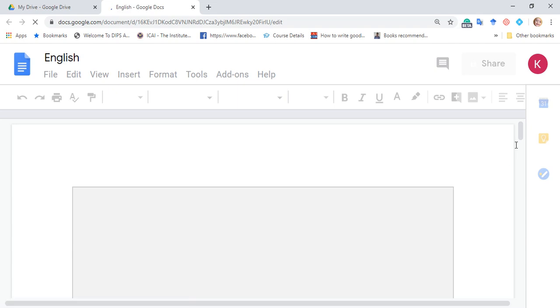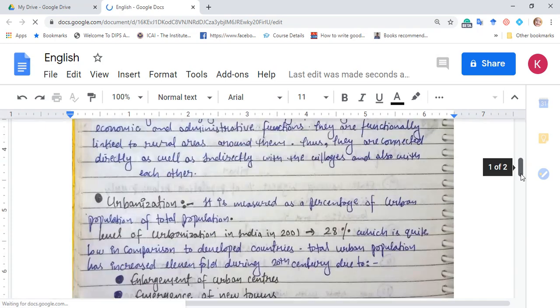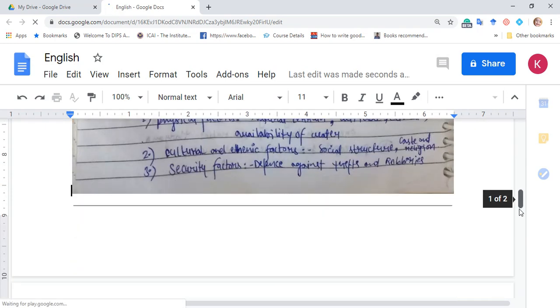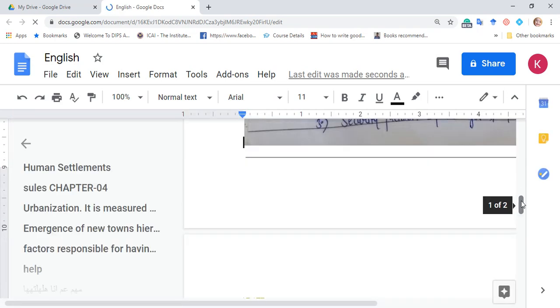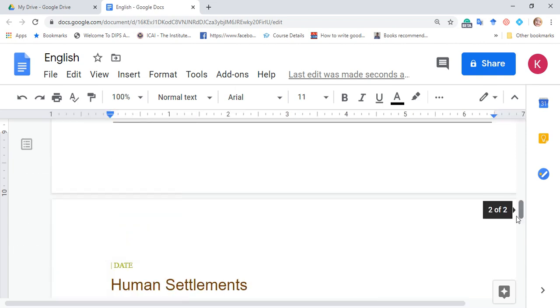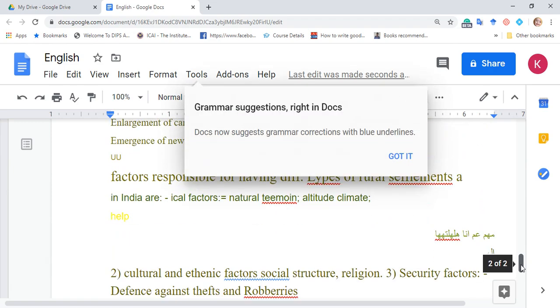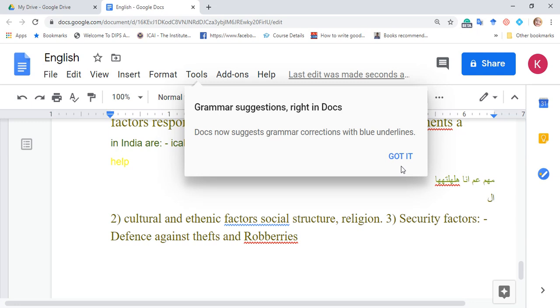Yes, you have a look. It's processing. It will take a little bit of time, and then you can see this is the conversion of your file.